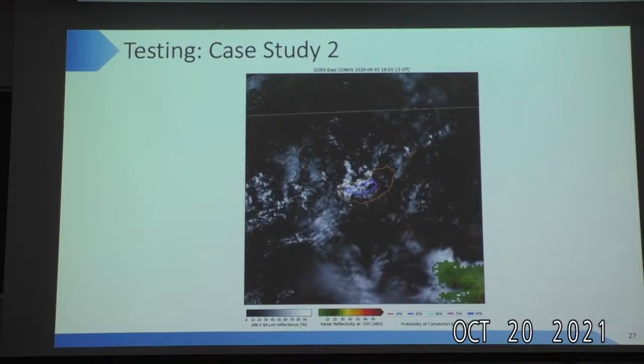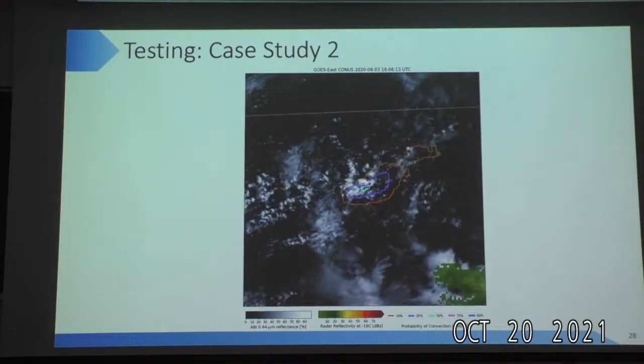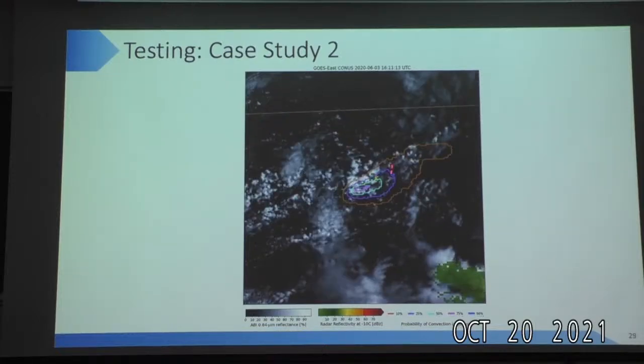It's grown now to include a 25% contour, and we still don't have radar reflectivity. Now we have a 50% contour, and there's a tiny little green mark right here, but green is still kind of below our threshold for convective initiation. Our convective initiation is that 30 mark, so it's starting to get more yellow in the colors here. Next, we increase that probability again, and we do have a little dot of some greater than 30 radar reflectivity